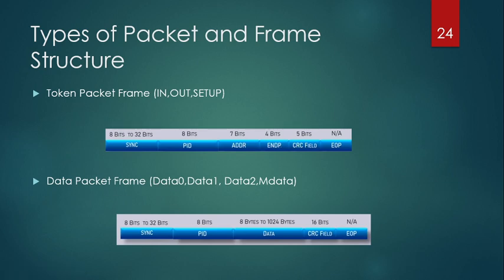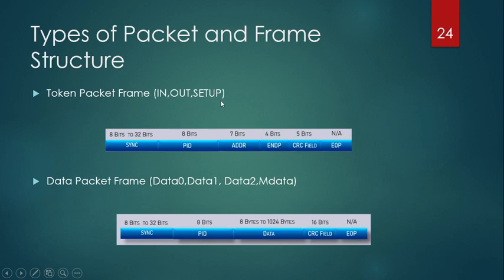Now, when we are considering token packets, there can again be different types of token packets. It is going to indicate what type of transaction is going to follow. Suppose in the case of an IN packet, IN means it informs the USB device that the host wishes to read the information. Out means that it informs the device that the host wishes to send the information. So this OUT stands for host wishes to send out, and here the host wishes to read the information, that is the IN type of frame.